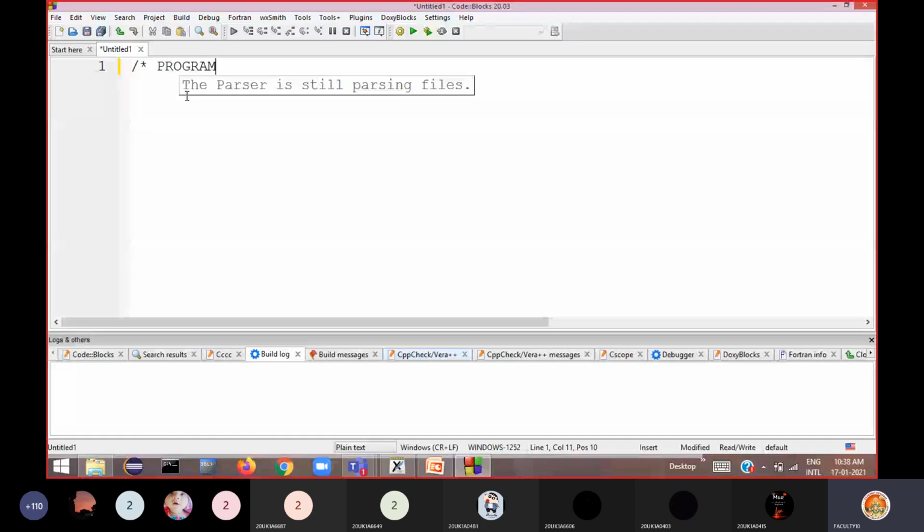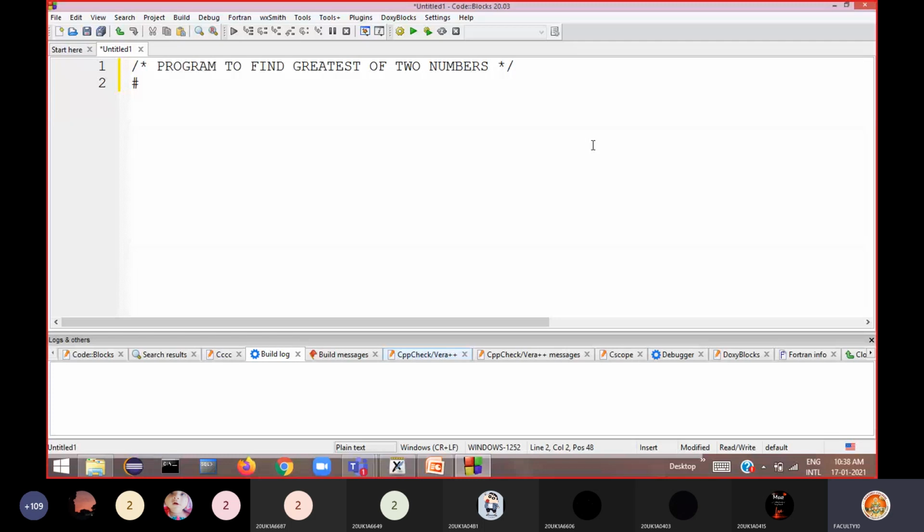take down this program to find greatest of two numbers. Okay, so along with me you please write in your notes, just check whether you can do this comfortably or not. Okay, so what is the next line to be written? Include the header file. So hash include stdio.h. Greatest of two numbers. Okay, if you are asked to find greatest of two numbers, you write. Okay, so please write along with me